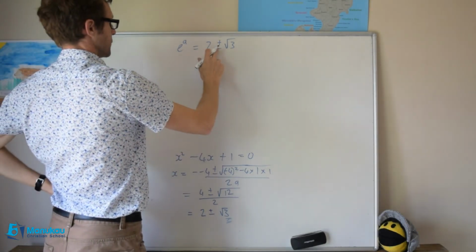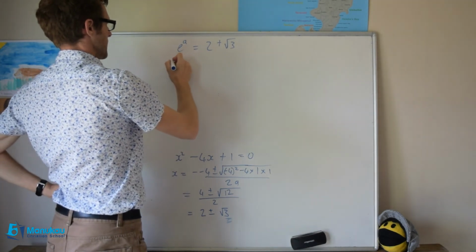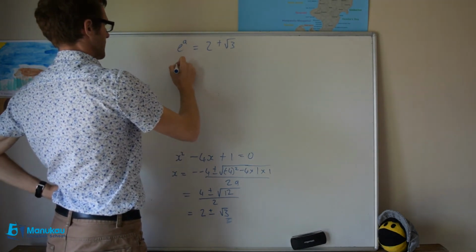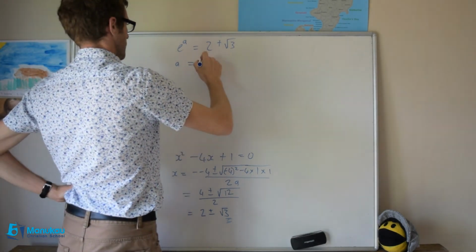Let's consider the first one, plus. How do we get a by itself? We take the log of both sides. So a, the natural log, is equal to